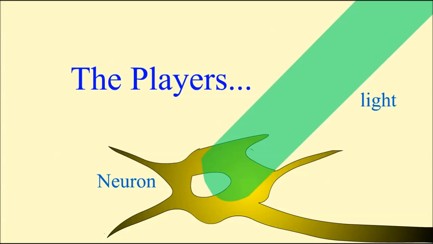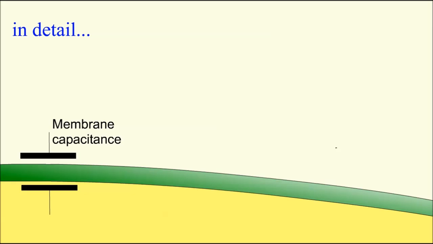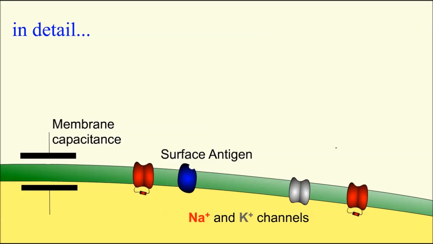Here, we will demonstrate our technique for using gold nanoparticles to optically stimulate specific neurons without needing genetic modification. First, we will review the necessary components for this technique to work. There are several features of the target neuron that play an important role in this method. First, the basis of this technique is to change the membrane capacitance of the target neuron. We also need a surface antigen to use as an anchor for the gold nanoparticles. This can be virtually any membrane protein. Finally, the voltage-gated sodium and potassium channels will allow the cell to respond to the stimulus by firing an action